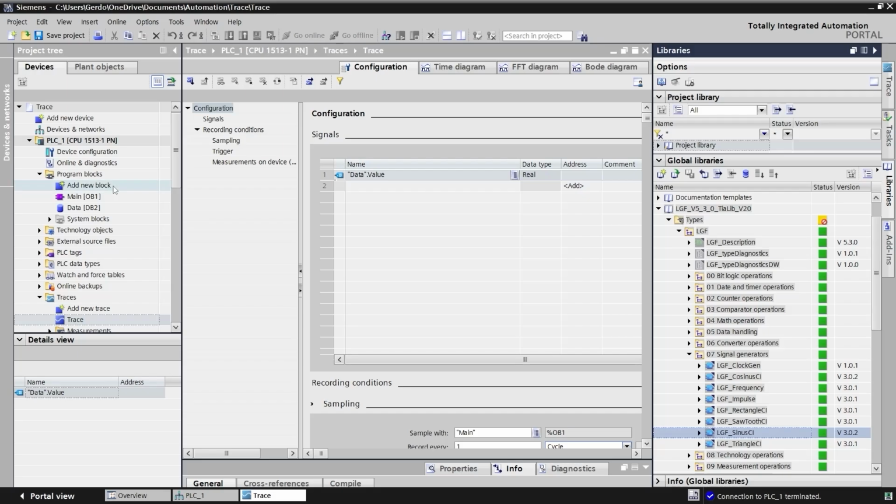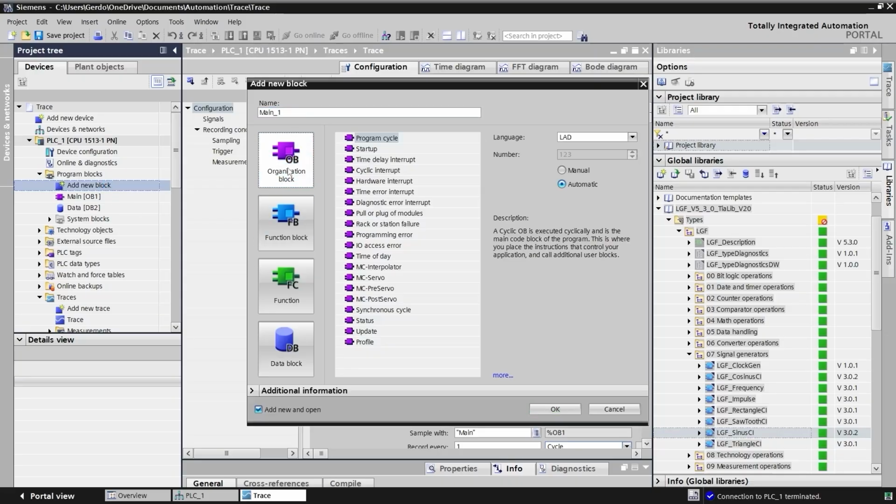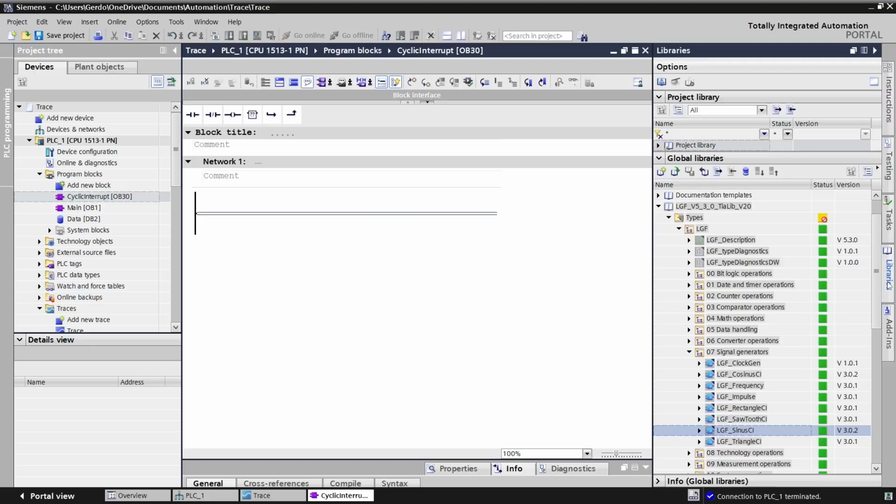So first I need to add a cyclic OB into my program blocks. Okay, add new block, organization block, cyclic interrupt, and as you may notice, the default cycle time is 100,000 microseconds or 100 milliseconds. So it would be called 10 times in 1 second. Okay, and I'm going to drop this function block here,